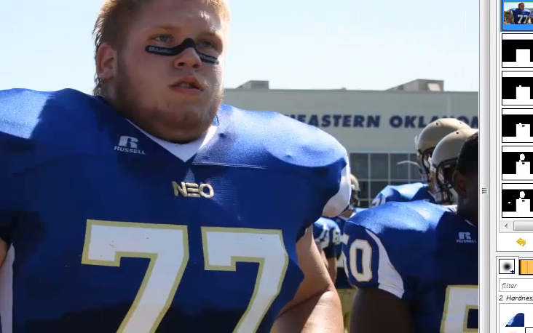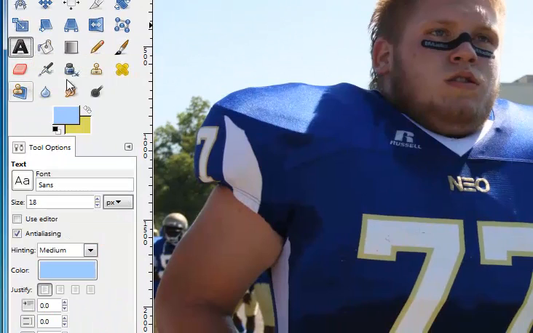We'll be using this a lot in this course. If you click on the text tool, it's going to allow you to create text for your image. It uses by default the foreground color. The text options tool down here will let you change the face of the font as well as the size of the font, as well as some other parts of the text that you might have. So let's say we wanted to name this guy. We could name him,